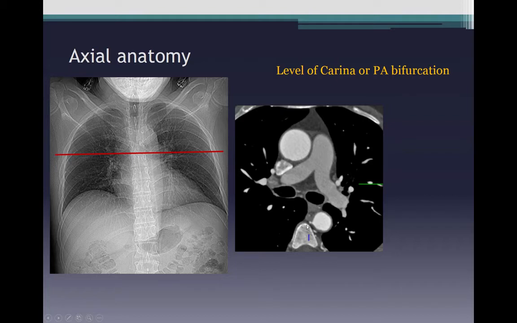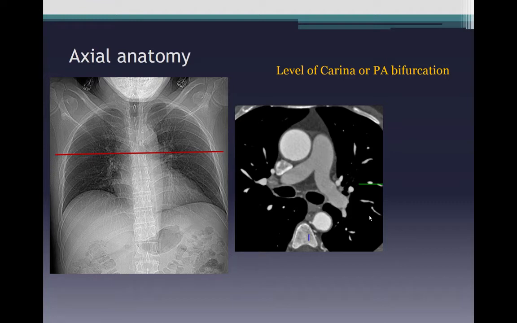Posteriorly, on the right side of the spine, we see the descending thoracic aorta. Now, these two structures that contain air are the right and left main bronchi. The space between the two bronchi is called the carina,